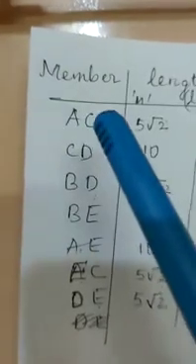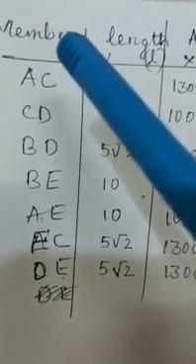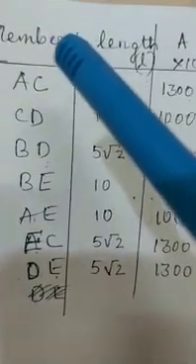So I've given you the table, you can see. I have systematically prepared a table involving all the details. In the first column, you enter the designation or the naming given to the members. So there are 7 members, 1, 2, 3, 4, 5, 6, 7. And the name of each member I have marked.